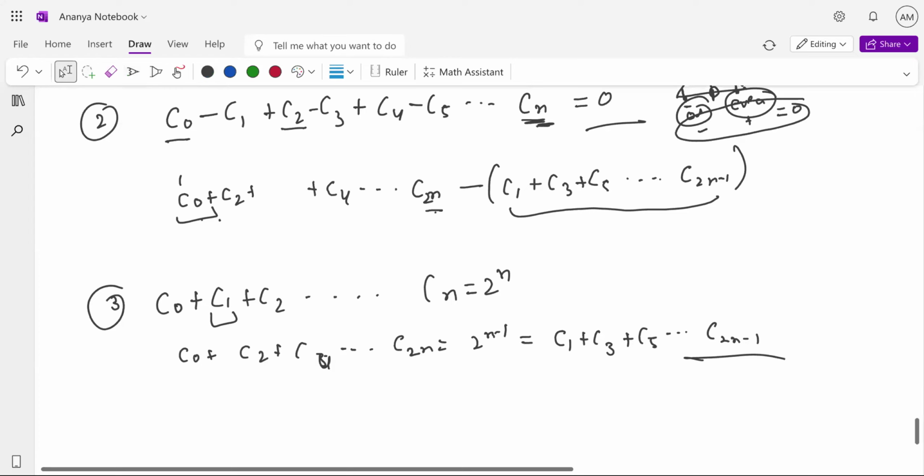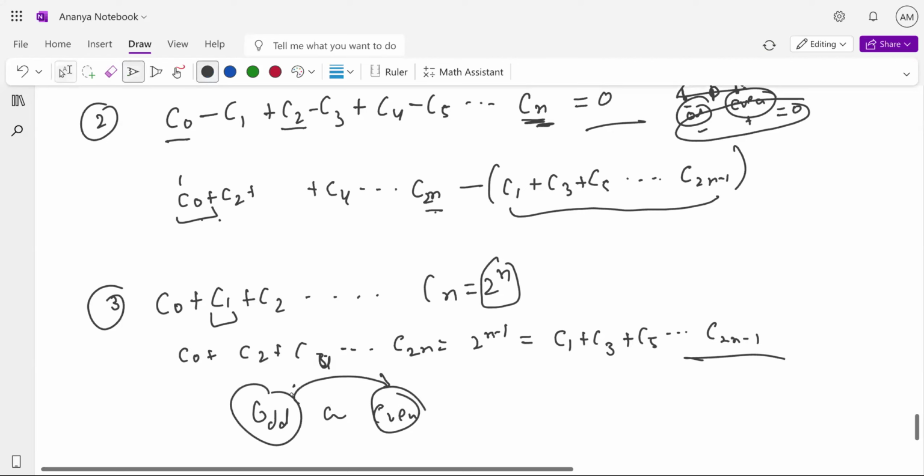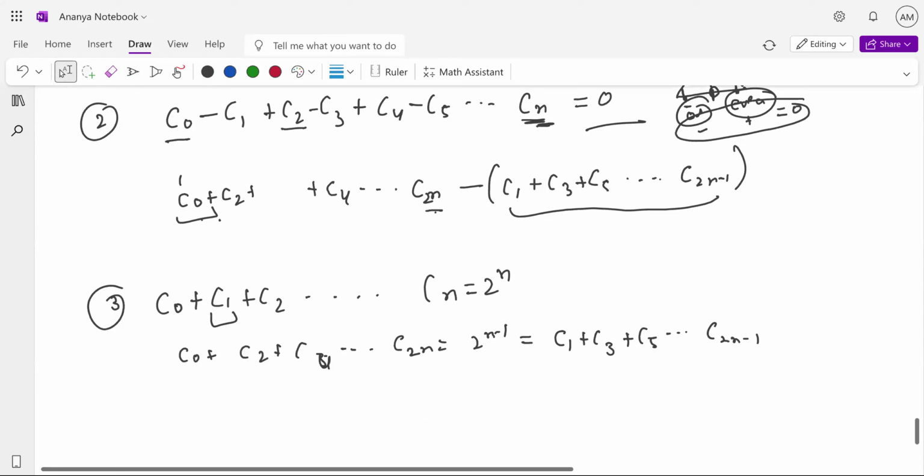The reason behind this, look, you know the total thing, right? It is equal to 2 to the power n. You know odd and even results in 0, it means they both are equal also. Yes, sir. So if I remove it, it means I'm dividing the whole thing by 2, basically. So it will result in 2 to the power n minus 1. Clear? Yes, sir. So these three properties I think are more than enough for you to remember in this chapter. If you're solving a problem and you get some new property, then you can add it at that moment itself. Okay, sir. Clear? Okay.